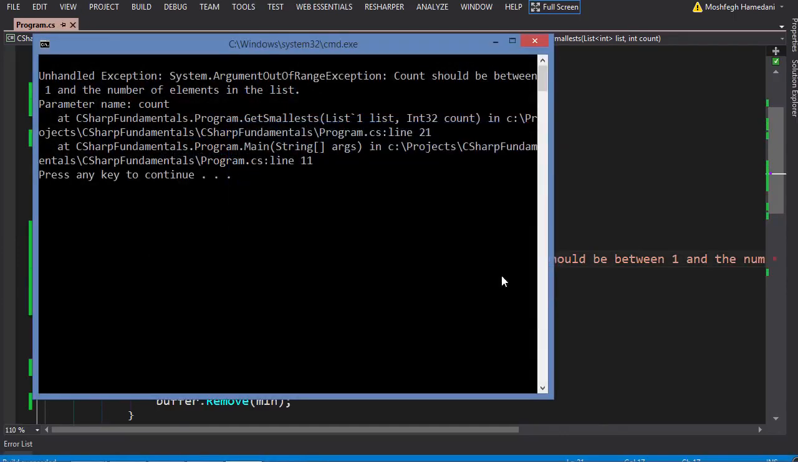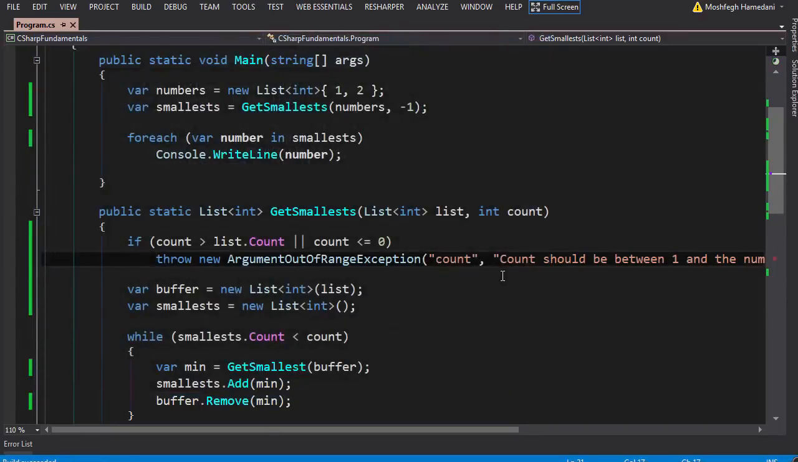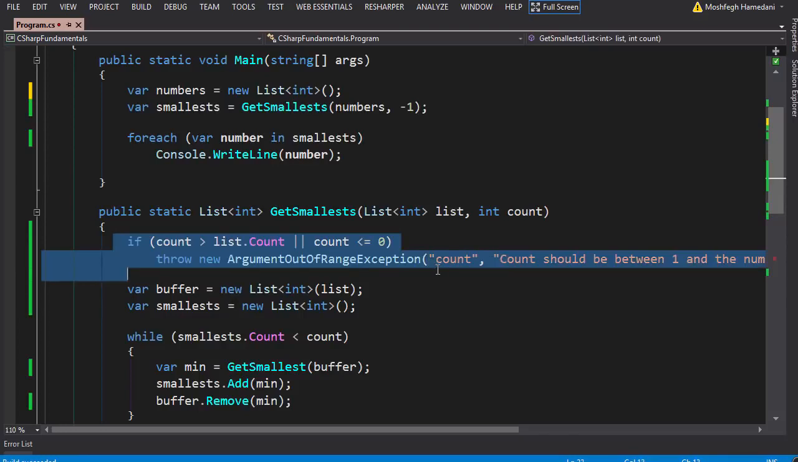Okay, we got this meaningful exception here because we passed -1 to this method. Now, to further expand this topic of defensive programming, what if we send an empty list here? Something like this. You might say, okay, Mosh, we can do another check here to make sure that the list is not empty. We can certainly do that, but in this case, I can show you that the existing logic would work for